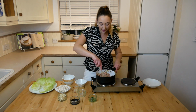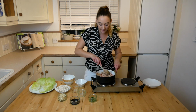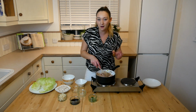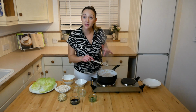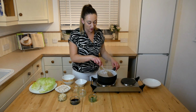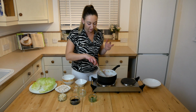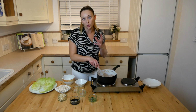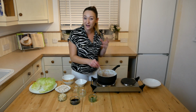Keep stirring it and keep mixing it, so making sure that it's not burnt on the bottom and that you are breaking up the mince so there's no big lumps. When you can see that there's no remaining pink bits in the pork, you want to just fry this off for a few more minutes and try and let the juices from the pork be absorbed. Otherwise you want to drain some of that off, because otherwise it can be quite fatty and quite greasy,